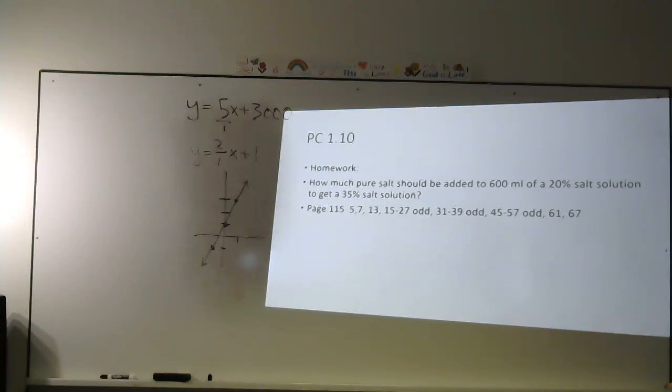Now we'll talk about the homework. I've got one extra problem there, a chemical problem, because you know there's going to be a word problem or two on the test, and a variety of other problems dealing with